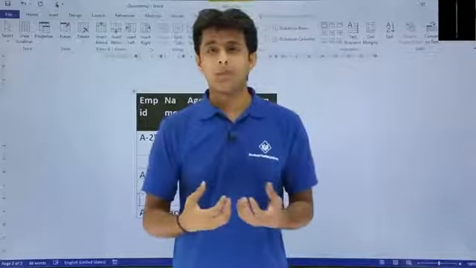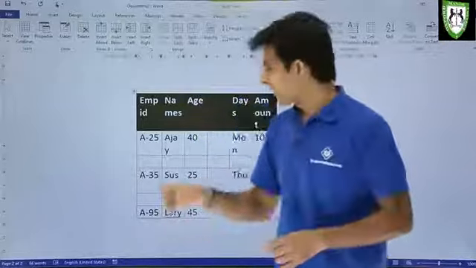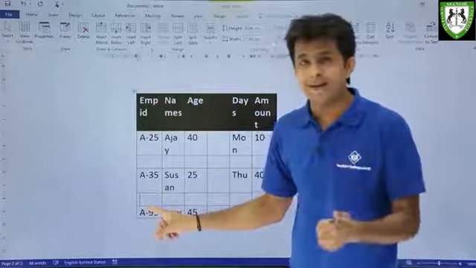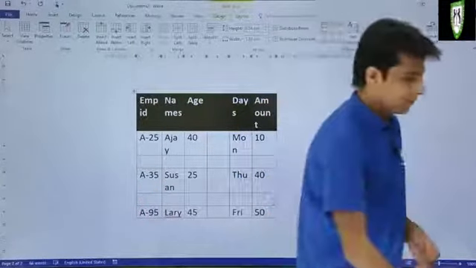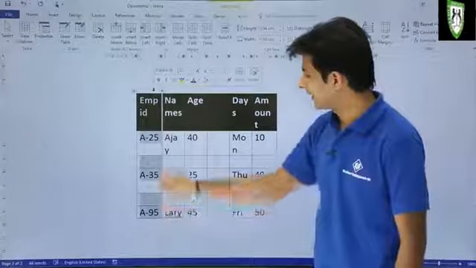If I want to cut, copy and paste, how do I do that? So I'll first show you cut and paste, right? So how do I cut the first column, that is Employee ID. I want to cut it and paste on the right hand side. So simple, you have to first select the column here. You can select this column here.